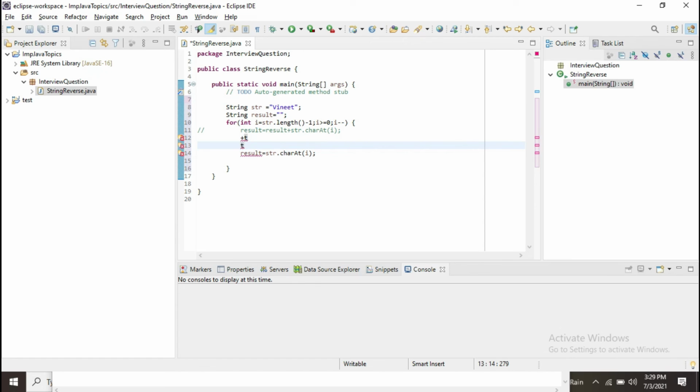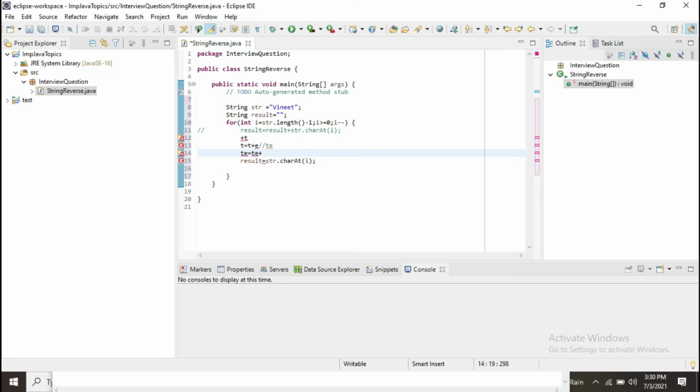So t is equal to t plus e, and my outcome will be te. Again, te is equal to te plus